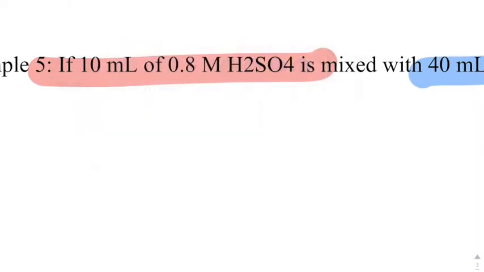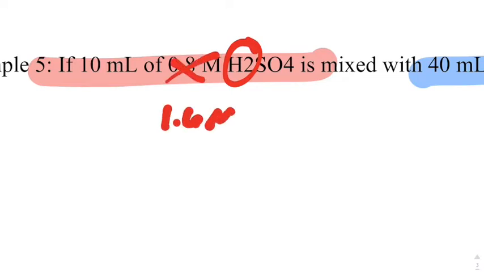We care about the acid part of it, and remember, the sulfuric acid was one of our weird diprotic ones. So in reality, the 0.8 molarity of the sulfuric acid is really 1.6 molarity of the hydrogen,